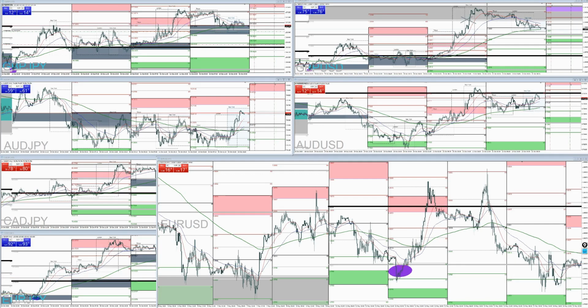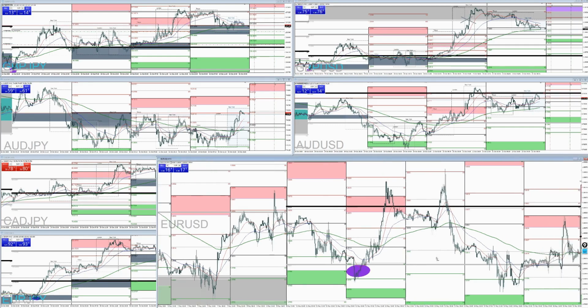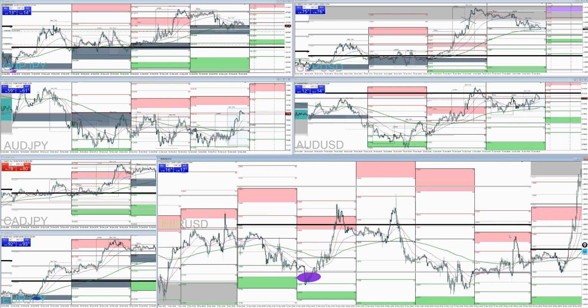But since we reached the red zone here, we're looking for the M2 for the next day. Here's our M2. And we got stopped out, so we got as close to M2 as possible with spread, some room to run. And we got stopped out for minus 33 pips.